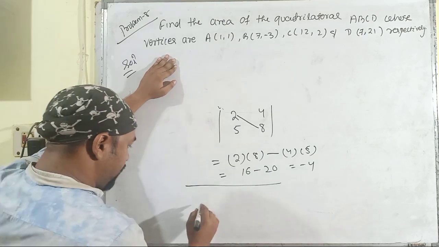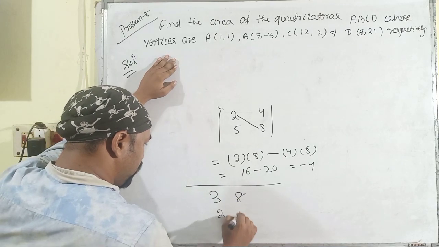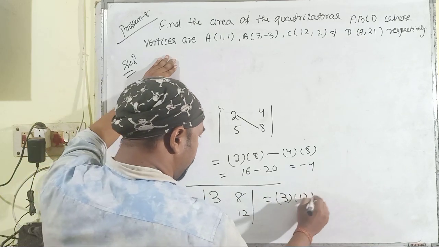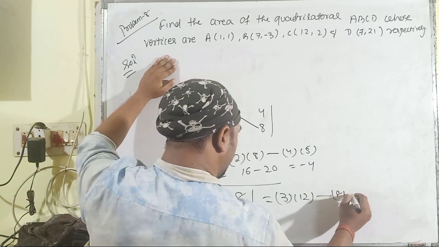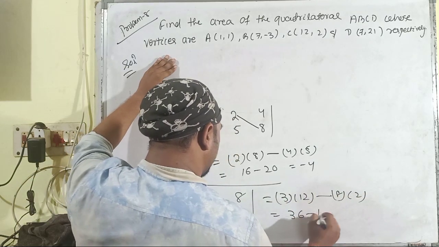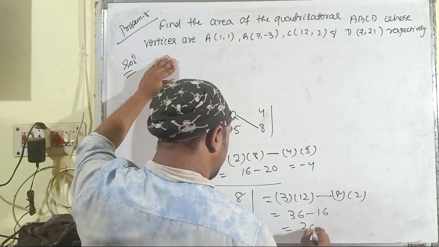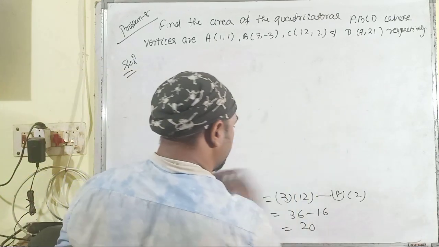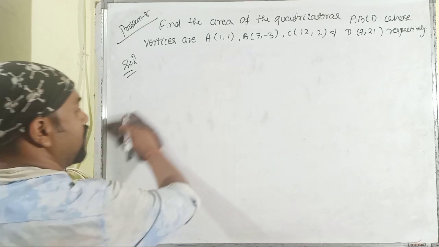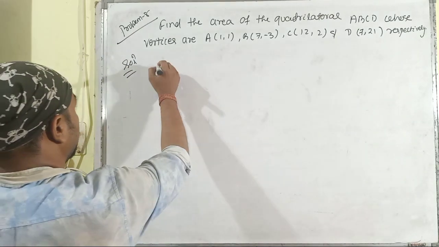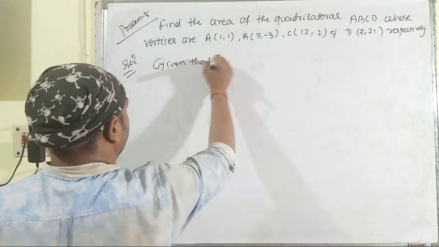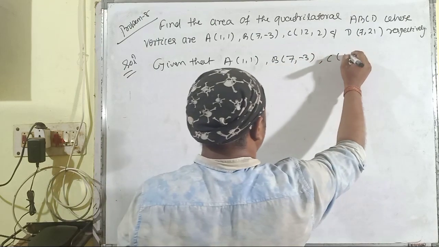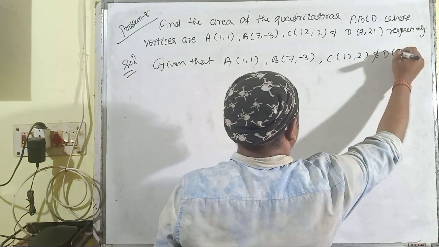Let us take another problem here. 3, 8, 2, 12, then 3 multiplied with 12, minus 8 multiplied with 2, it is 36 minus 16, this is 20. Okay, by using these concepts, let us find out the area of the quadrilateral ABCD. Given that A(1, 1), B(7, -3), C(12, 2) and D(7, 21)